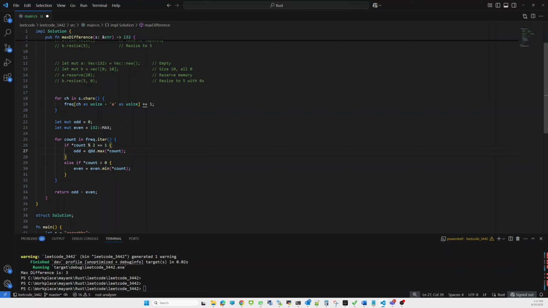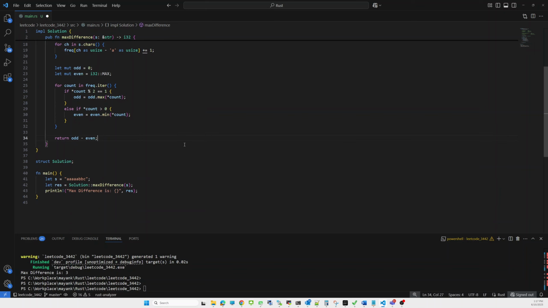Here we call odd dot max, and in that max we pass the frequency count. Similarly for even, first we check if the count is greater than 0, meaning the frequency of the current character is greater than 0, only then we update the even part, with the minimum value. In the end, we simply return odd minus even.